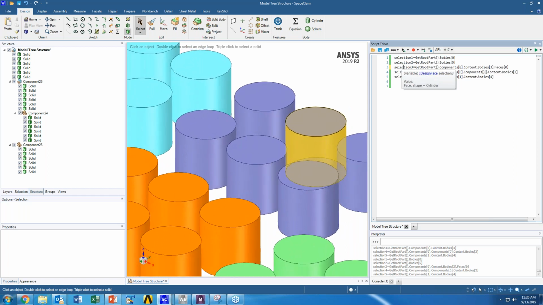Now it is a face selection. You can take this further. You could say maybe I want all the faces, so I'll just make that a colon instead. And then if I hover over selection 3, now it's going to select all the faces. You can see it's a count of 3 faces in the box that popped up. It's not actually selecting the whole body.